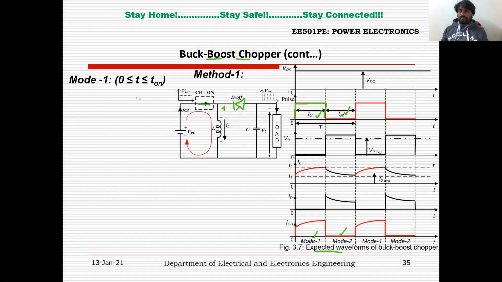right? So which will reverse bias this diode, because the cathode is connected to positive here. So this will reverse bias the diode, and the diode goes to off condition. So now this is the equivalent circuit. Now there is a path for the current which is flowing through the inductor, which is called the charging current of the inductor. So now you can find the supply is charging the inductor. So you can say it's charging from I1 to I2.